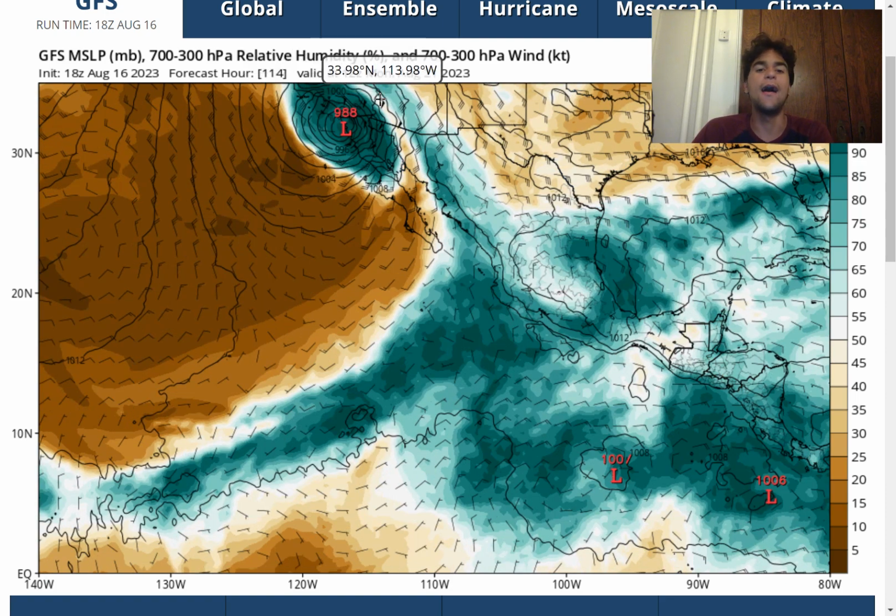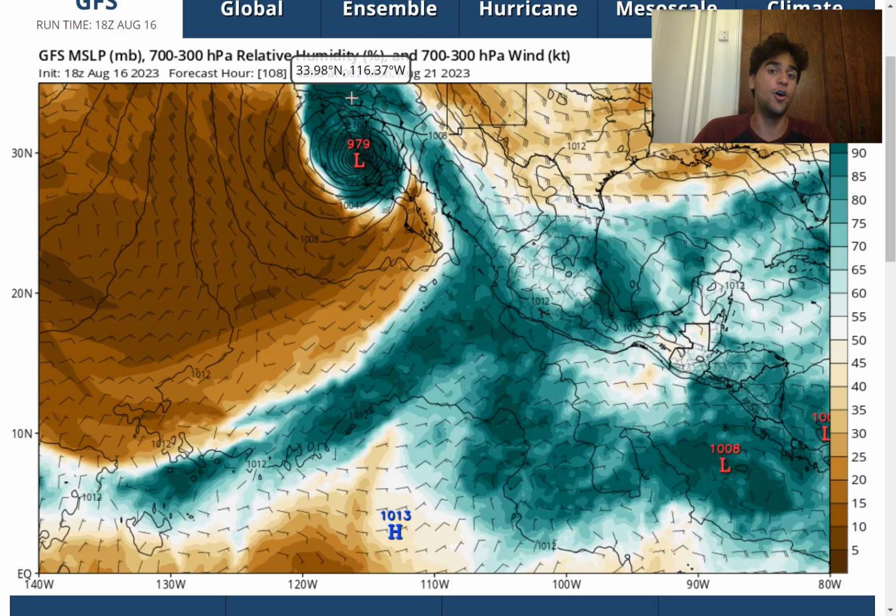Southern California hasn't experienced a landfalling tropical storm, or even the center circulation being tropical moving over the state, in over 80 years, which is just insane. Pretty much everyone who's alive right now in Southern California hasn't experienced a landfalling tropical storm. So this is the uncharted territory we're seeing right here, a 988 millibar storm system moving up the coast of California, and expect, of course, heavy rainfall is a big concern, and